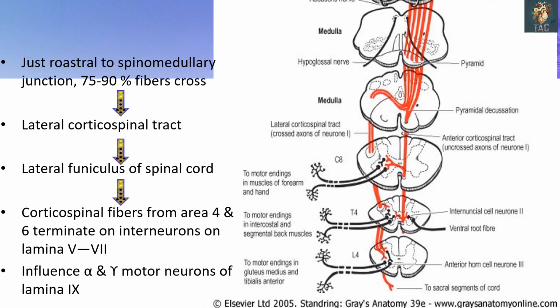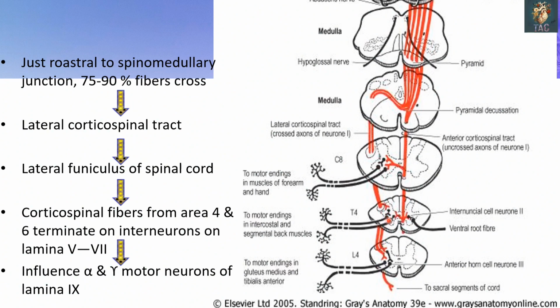Next you can see that just rostral to the spinomedullary junction, 75 to 90% of fibers cross to the opposite side. Then they descend as the lateral corticospinal tract in the lateral funiculus of the spinal cord. Fibers coming from areas 4 and 6 terminate on interneurons in laminae 5